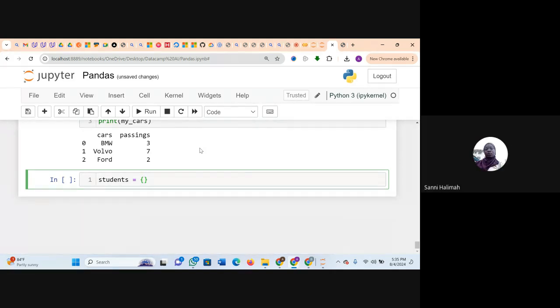Name. Name with quotes, right? Yes. Okay. Then a colon. Continue. Another square bracket. Square brackets.